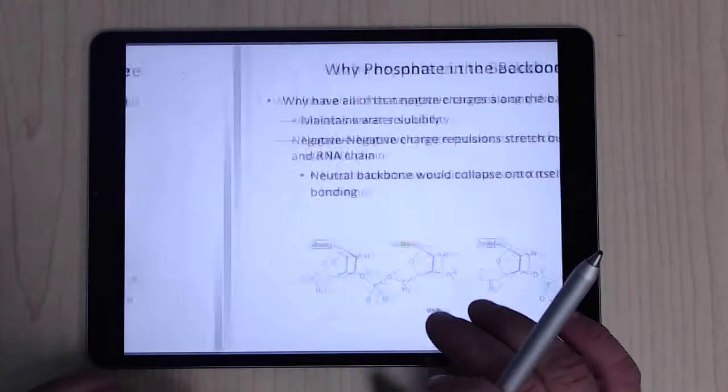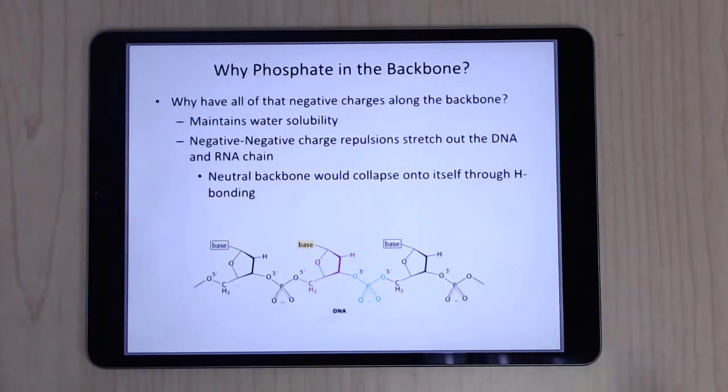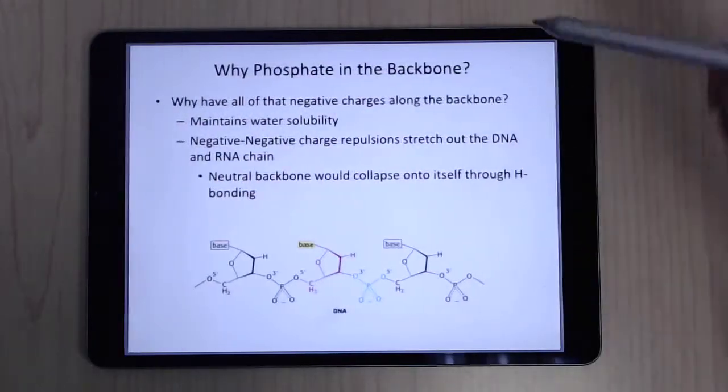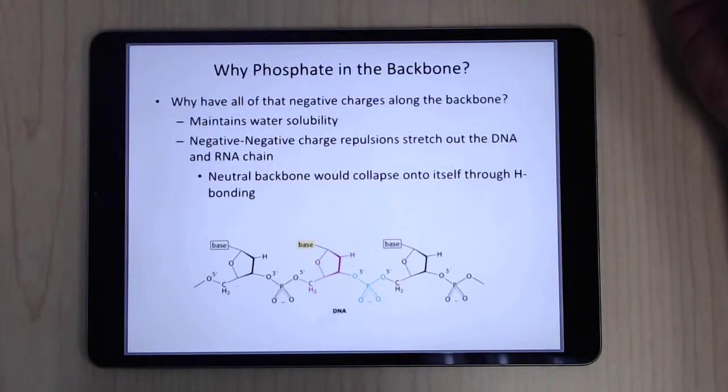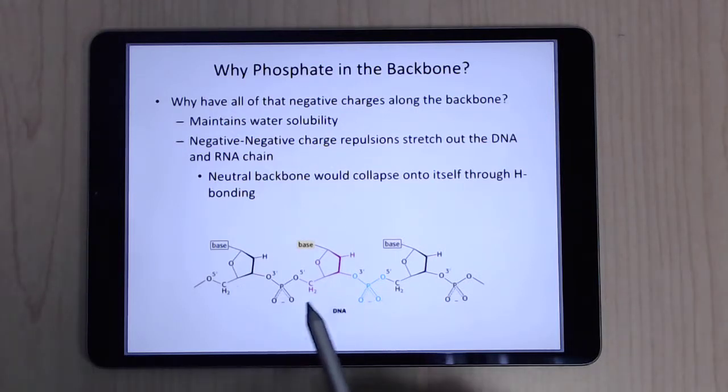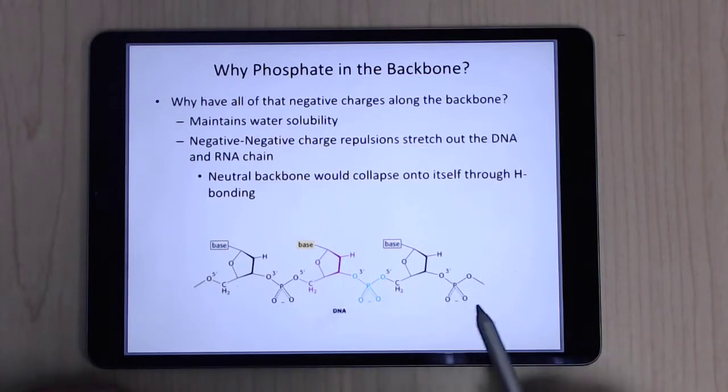Okay. But one of the things that happens is, we talk about the bases, we talk about the sugars, but we rarely talk about the actual phosphate in the backbone. And there's a reason why there's a phosphate. One, the negative charge does a couple of things. It helps to maintain that water solubility, right? Charged things are going to be much more soluble in water than uncharged things. But also this repulsion that's happening by putting these negative charges right next to each other,